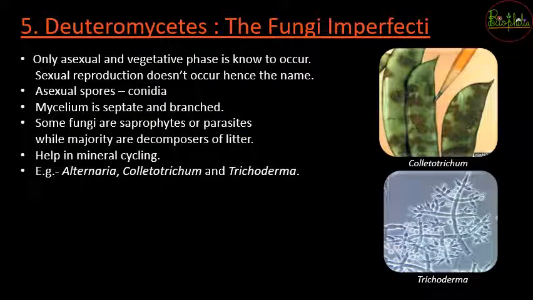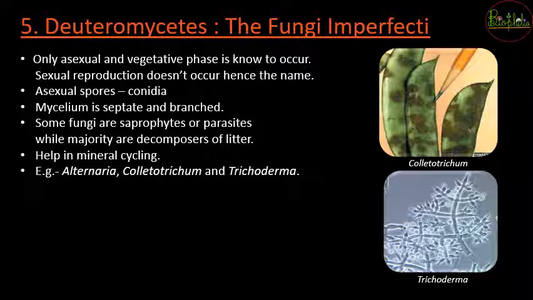The last group of fungi is going to be Deuteromycetes, which is also called the fungi imperfecti. अब fungi imperfecti ऐसा क्यों बोलते हैं, we will get to know from the points given below here. So first let's understand why they are called fungi imperfecti. The reason behind it is